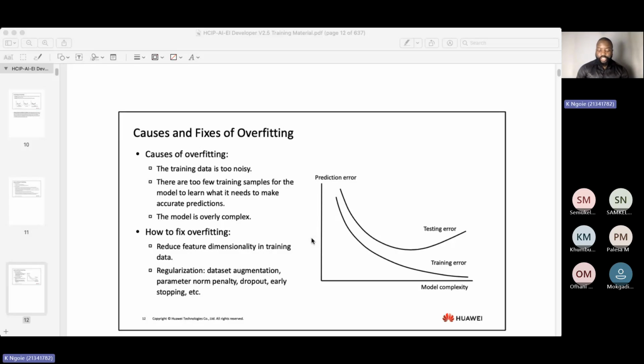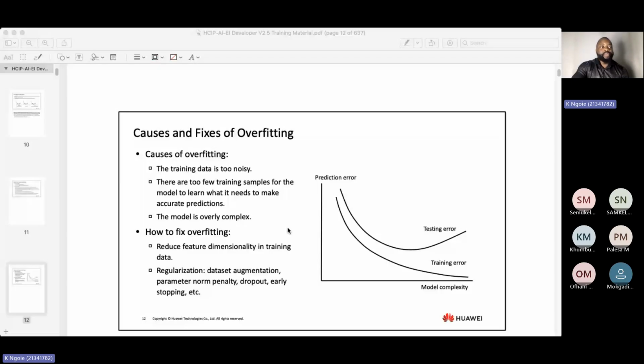Because you have so many features now, the system is going to learn from all those features, and the system will learn so many noises. Because you have training data, in the training data the system is going to be very accurate because you use a lot of features. But in real life, the system is going to be bad. So you're going to have a generalization problem.